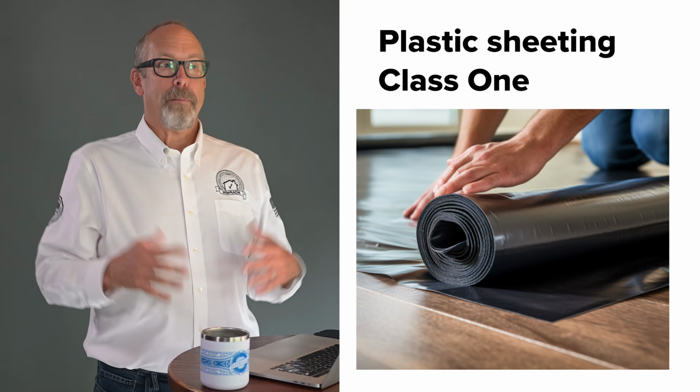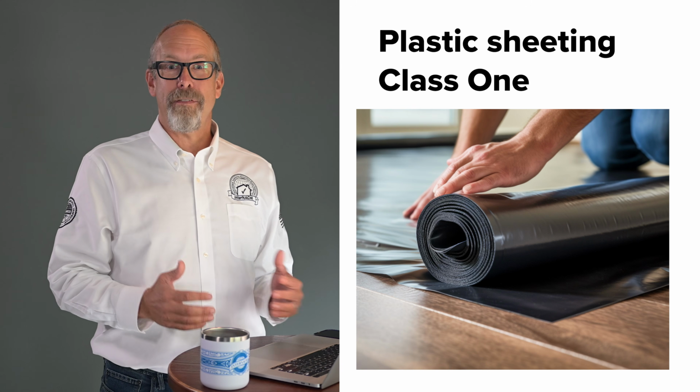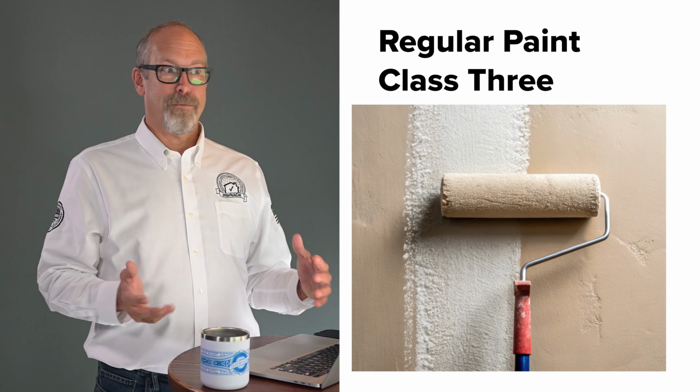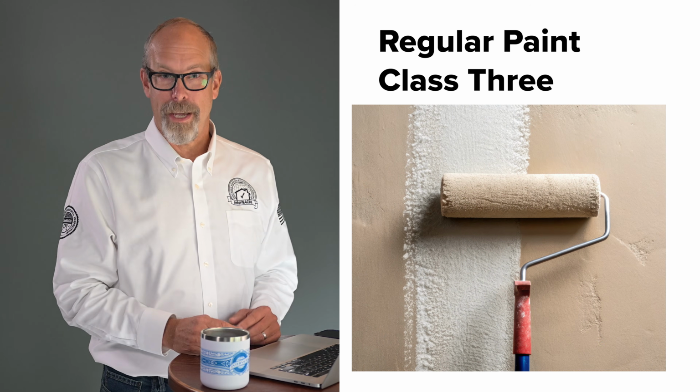its location and climate. And as a home inspector, you won't always know the exact perm rating of the materials you're seeing, but you can often identify the general class. Plastic sheeting is obviously class 1, and kraft paper typically class 2. Regular paint is usually class 3. This classification helps you communicate effectively with other professionals and evaluate whether vapor retarder choices make sense for the specific